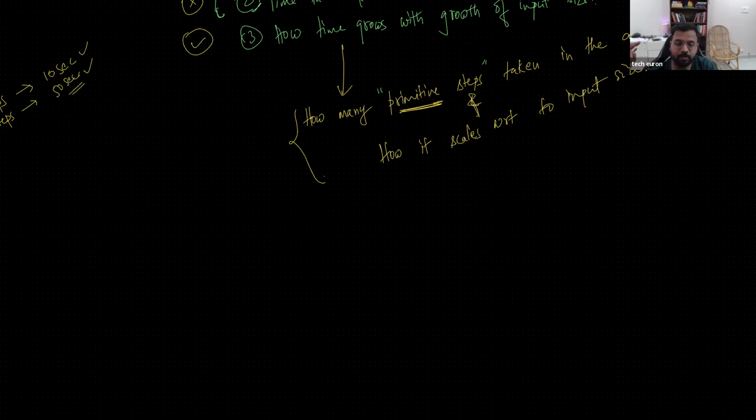Some of you were asking me, sir, why is pointer arithmetic constant time? So when the CPU is doing some work, what is one unit of work? There are certain steps which are said to be primitive steps. For example, reading something from memory, assigning some value to a memory location, or doing one arithmetic calculation. And a few other steps are there. All these steps are labeled as primitive steps, which means it is one unit of work. And we will say in our algorithm how many units of work are happening. Those units of work are called primitive steps.